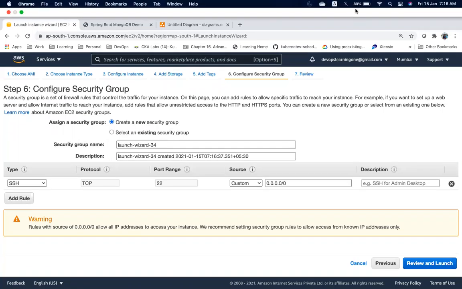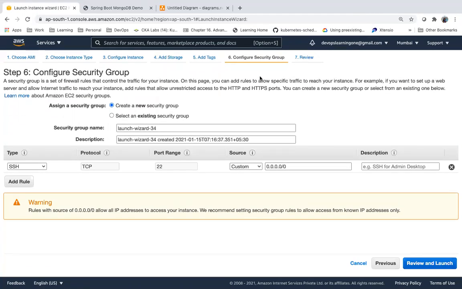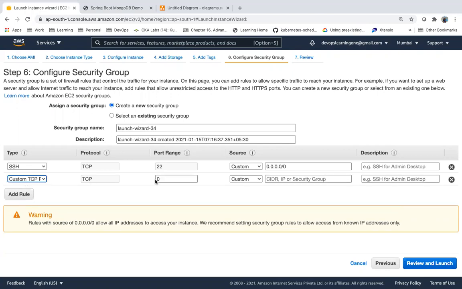I'm using one server as an NFS server, network file system server. What is the NFS port? In the interview also they will ask. When I discussed about EFS, I explained what is the port, 2049. And again, I will not open it for all. I will open only for this network range. What is this network range?